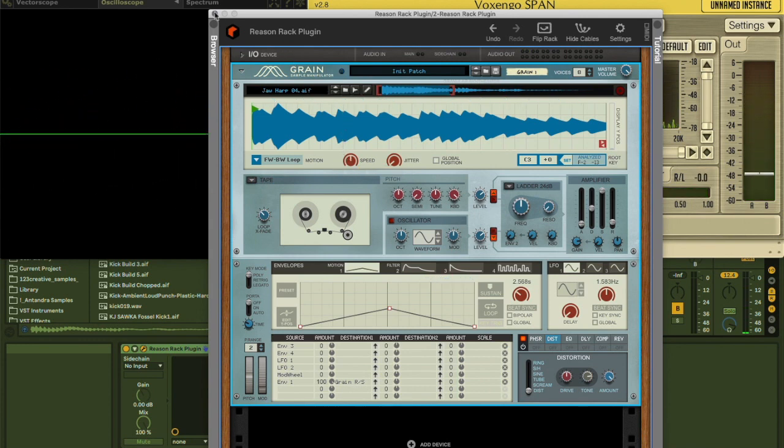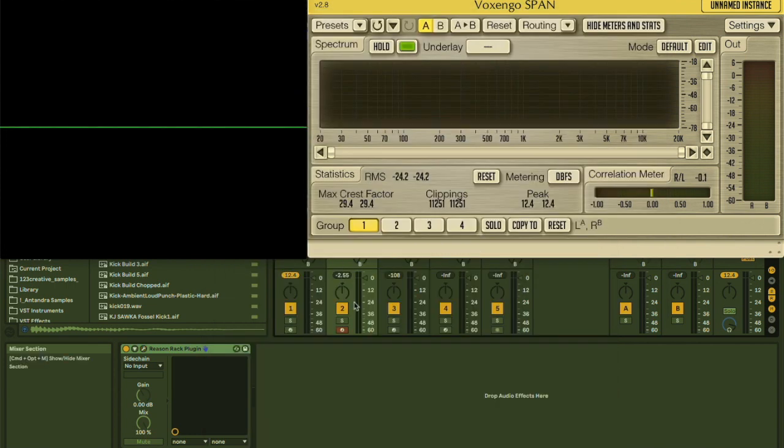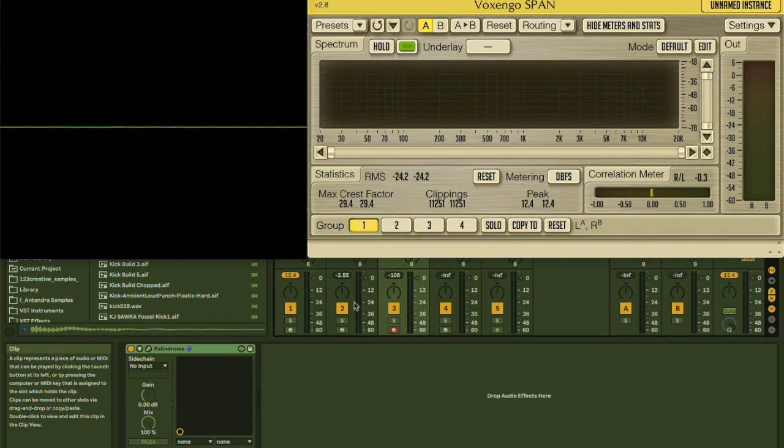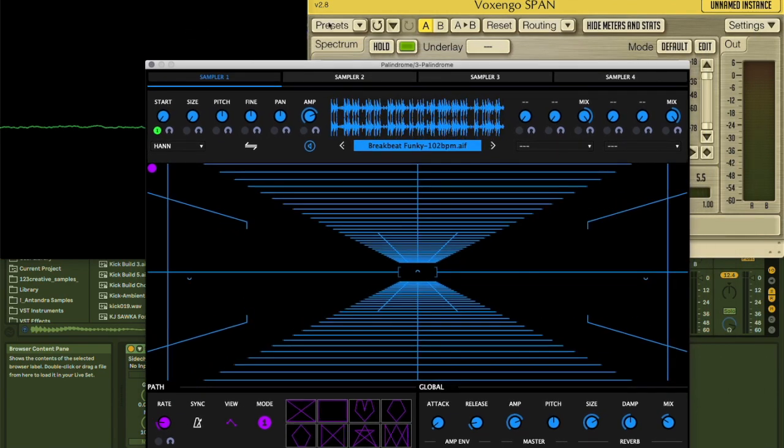So Grain is a really nice granular synth from Reason Studios, and I love it. And very cool now that we can use it in Reason 11 using the Reason Rack plugin in Ableton Live. So that brings us to our next synth, which is Palindrome from Glitchmachines. It's also a powerhouse, and